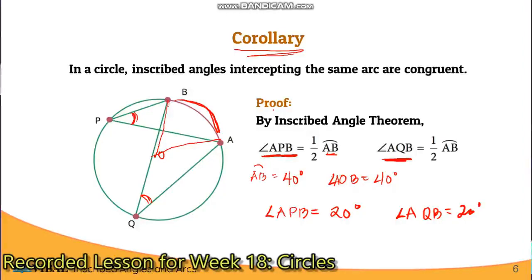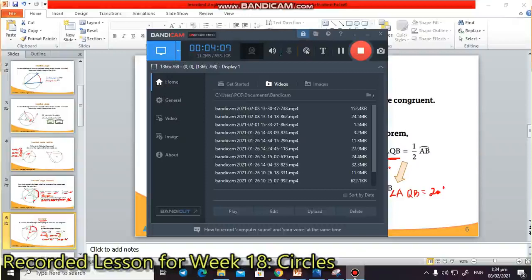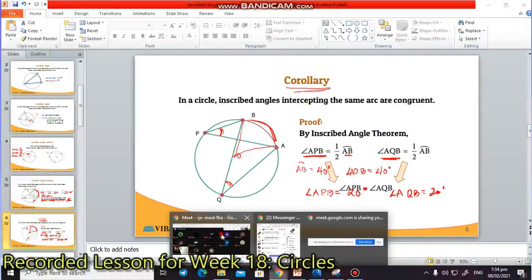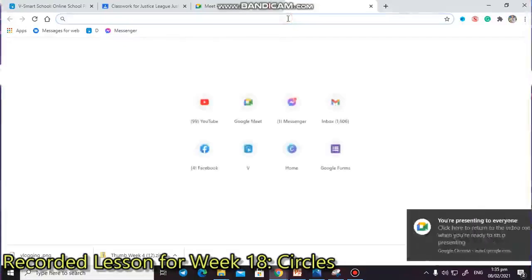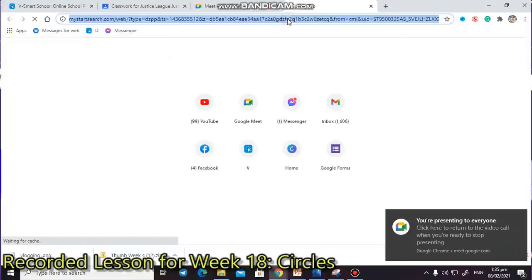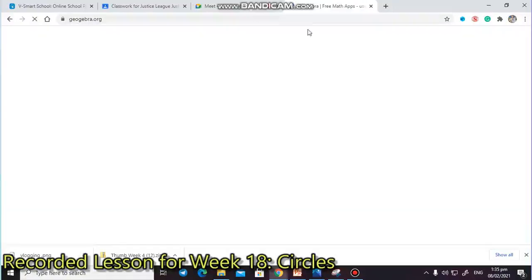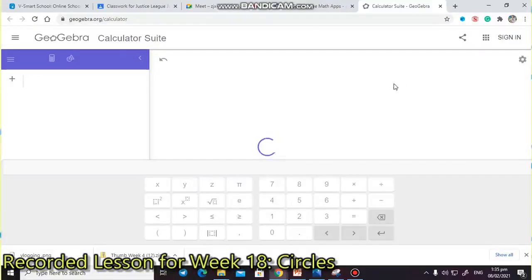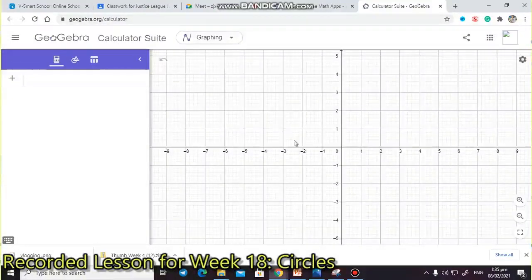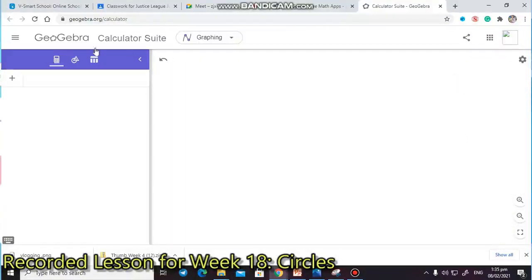Let me just show you a figure. So, let's try this on GeoGebra. 10 minutes na ba ako? 4 minutes. Okay. Let's try this on the GeoGebra application. I just want to show you the relationship. I hope may GeoGebra kayo sa phone or computer. Pero sige, dito ko na lang papakita, kasi yung picture kanina, hindi natin ma-move yung mga points. So, dito tayo, para nakikita nyo yung relationship.